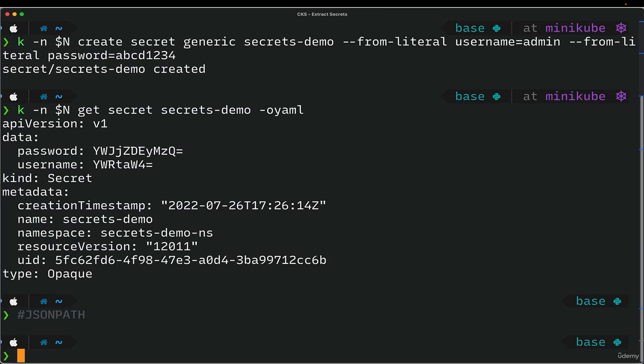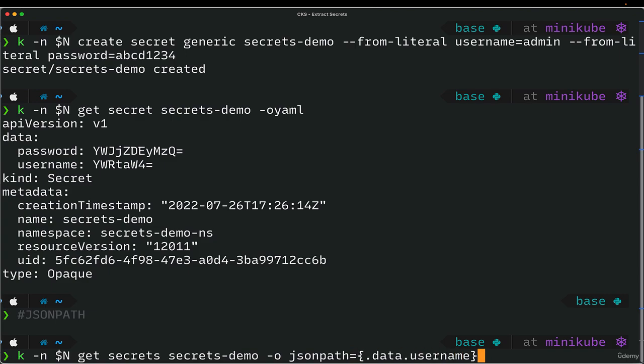So one is JSON path. Let's say you want to extract the username or password value, right? So you have the JSON path, which is basically you have a JSON and you specify a path within the JSON element. So this is one of the ways. So we can say dash o output JSON path and JSON path template. So as you can see,